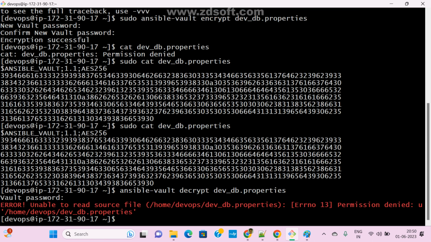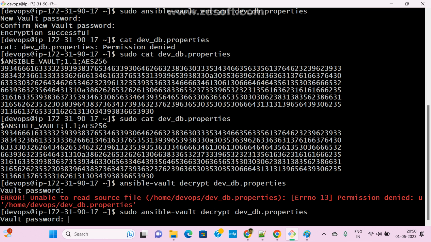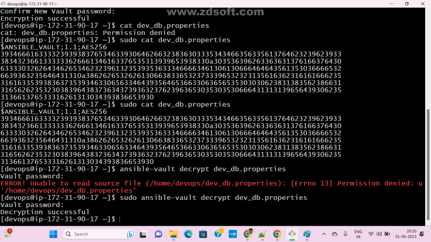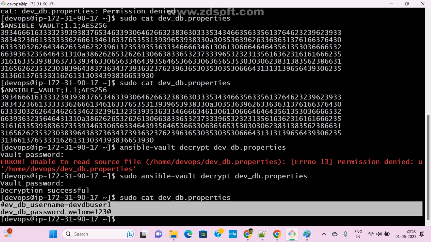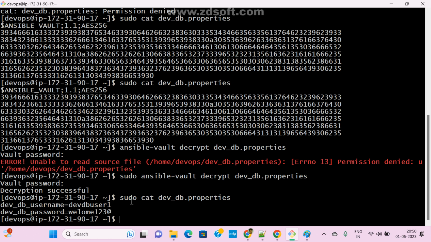Permission, right? We need to use sudo. dev_db. So now see here, decryption successful. Now sudo cat dev_db file name. Now see here, I removed the password. If you want to remove the password and decrypt your data,